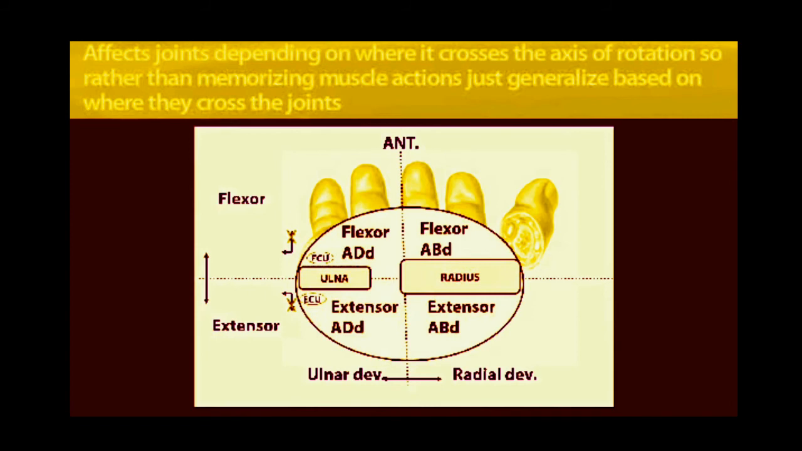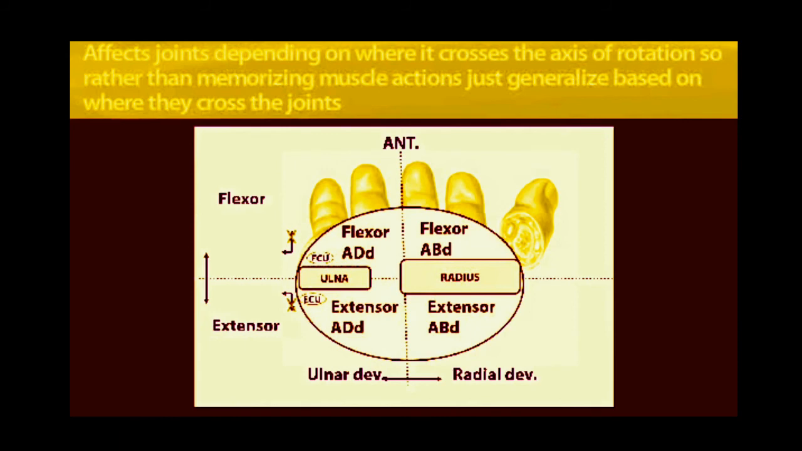If the tendons cross in this first quadrant, they'll be flexors and adductors. And if they cross in the other quadrant shown here, it's flexor and abductor. Likewise on the posterior surface. Now if we put the muscles and where they cross from that previous question, you can see that the flexor